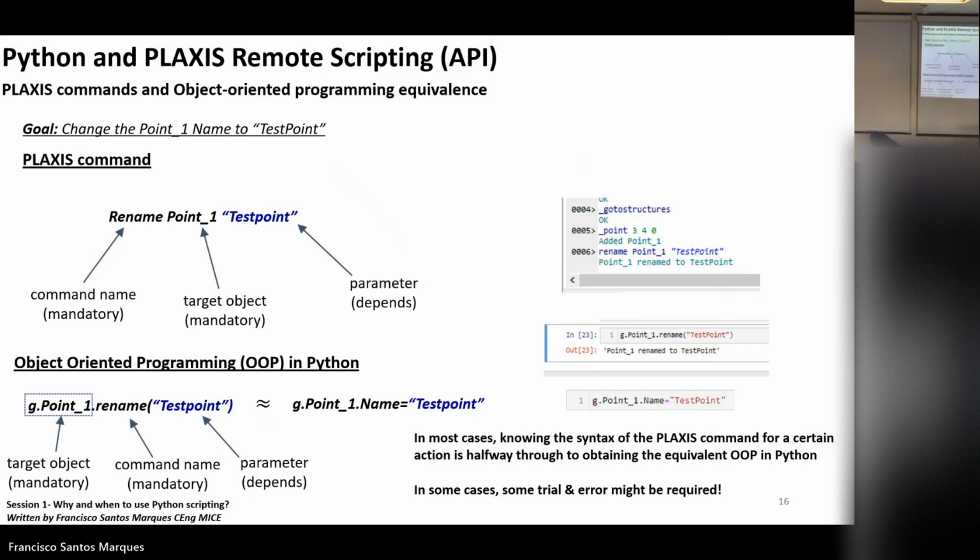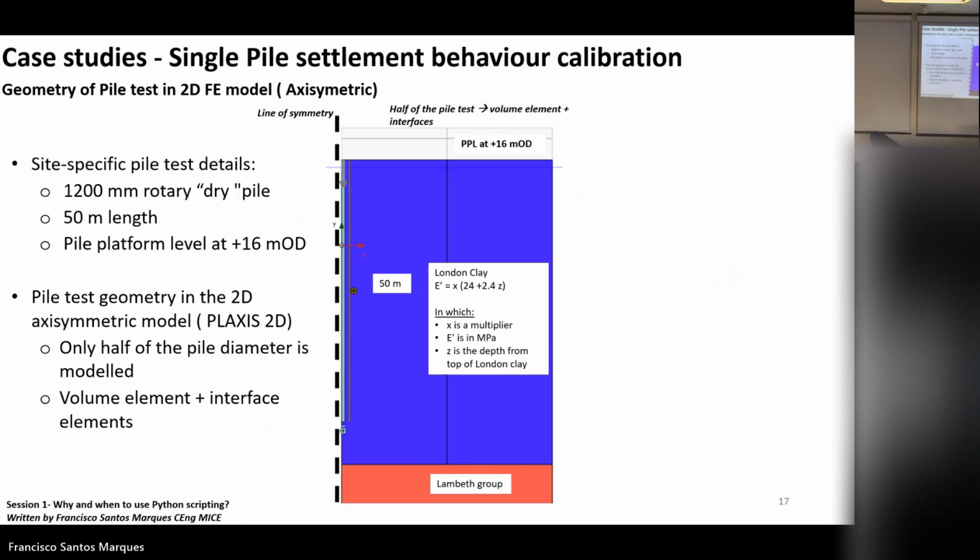Also, keep in mind, I can show you later that in Plaxis there's a help menu with a command reference, both for the commands and for scripting. So if you want to know how to do something, you can always refer to that documentation in Plaxis. Okay, so let's move on to case studies.